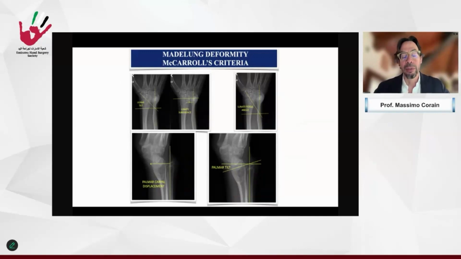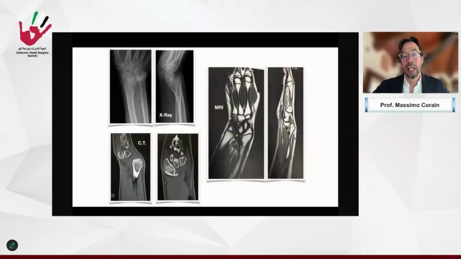Then we can obviously have a CT to understand in a better way the pattern of the deformity, and the MRI for the soft tissue, like the Vickers ligament.